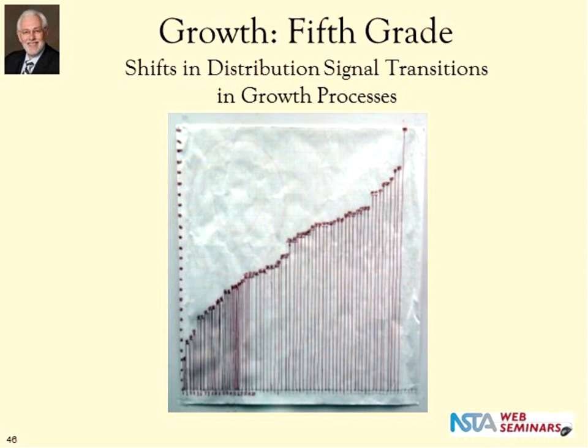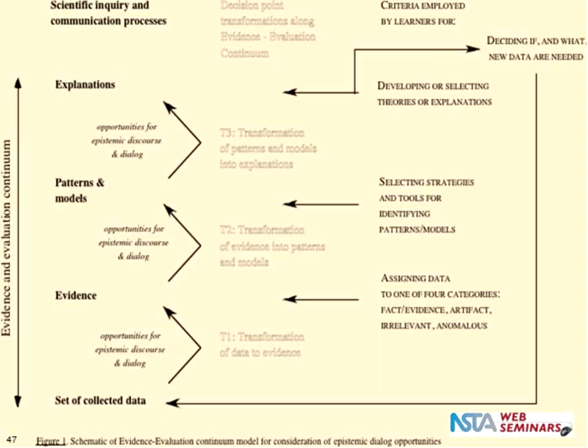Further on, the students in 5th grade start to shift to a distribution, and this is all about growing plants. Every year, in the 1st grade, the 2nd grade, the 3rd grade, and so on, these students kept growing Wisconsin Fast Plants and kept probing different questions about the growth rate and what seemed to enable that growth rate to take place. So that's another factor in carrying out investigations and coming to grips with the phenomena: perhaps some investigations should be ones that students see again, but take to a different level of analysis.